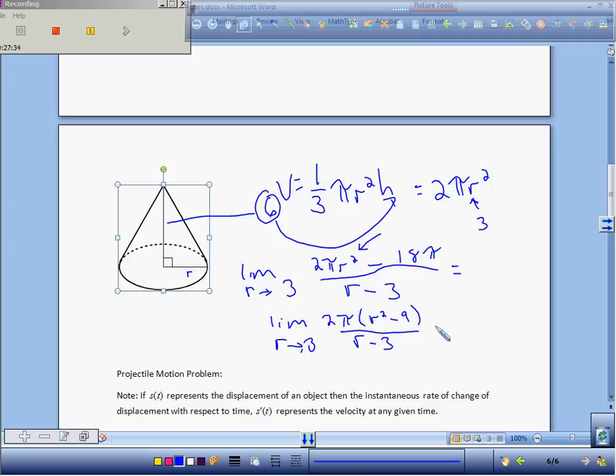The top factors to 2 pi times r plus 3 times r minus 3, and on the bottom I have r minus 3, and those cancel. Now I can plug in 3 and I get 2 pi times 6, which is 12 pi. So that's the rate at which the volume is changing. If that's in inches, this would be in inches cubed per